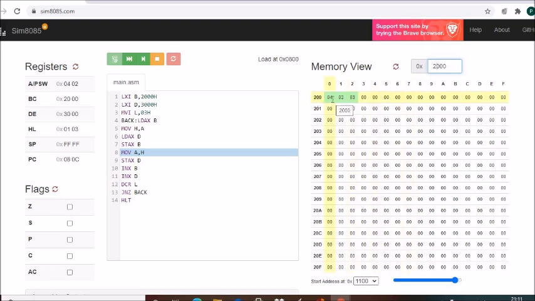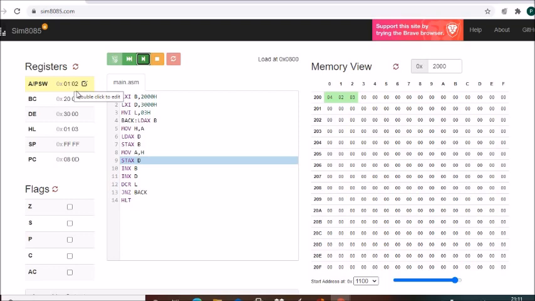See, 04 has come to 2000. Okay, then move A comma H. So what was there in H? H is now 01. It will come to A. A is 04. A is now 01. Okay, then STAX D. So whatever is there in A, it will come to the memory location pointed by DE pair,